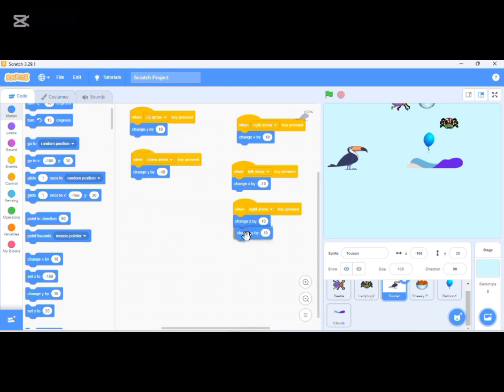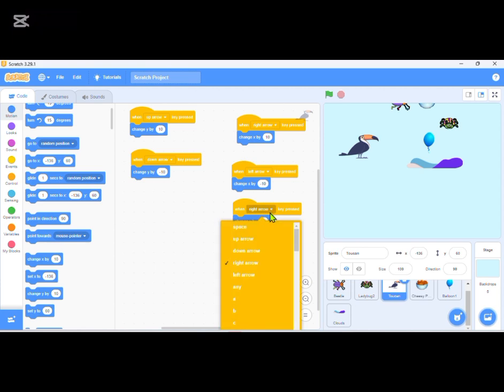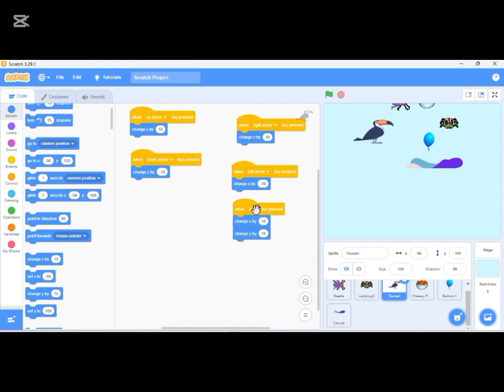Duplicate this, put it here. Change x. I say this one, when I press, I'll change the key to A. I'll press A. Change the key to A. When I press A, move diagonally. Can we see that? Diagonally. Now press A, move diagonal, meaning you are going to use the 4 arrow keys plus the keyboard key A